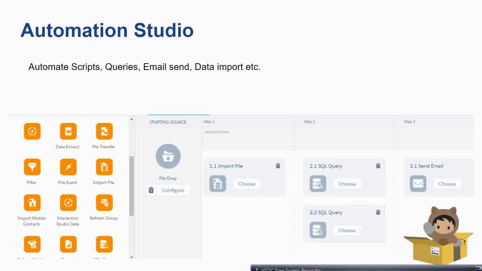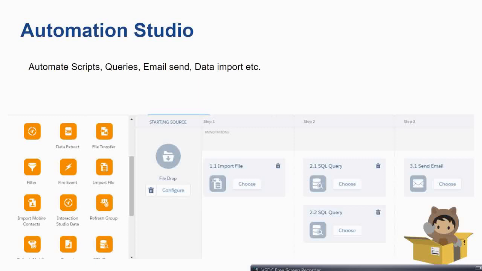If you see the activities inside Automation Studio, you will find that, for example, a particular email is sent every month. It's a common culture for a corporation to send that email monthly. So for this monthly newsletter email, we can use this functionality.